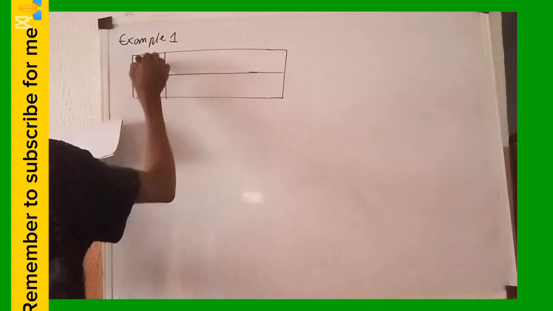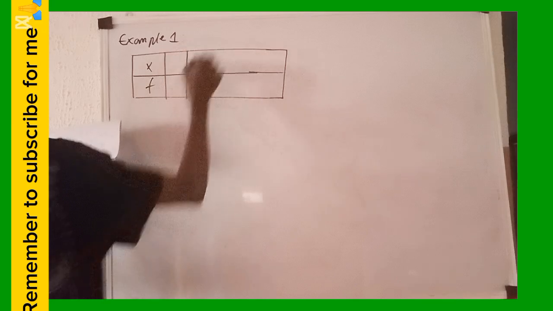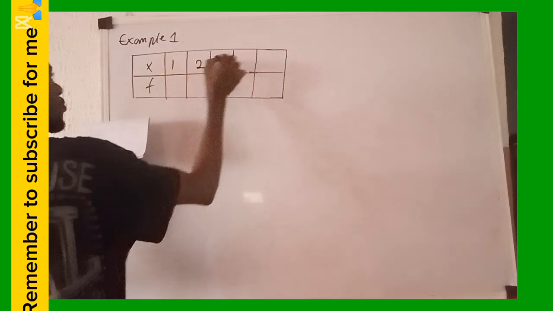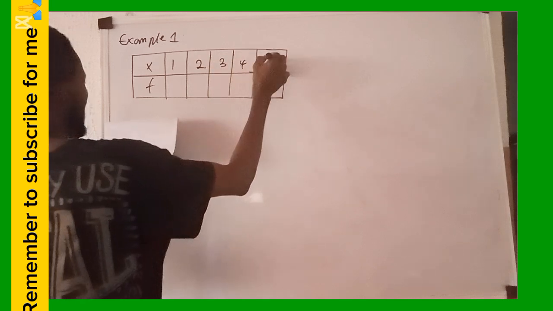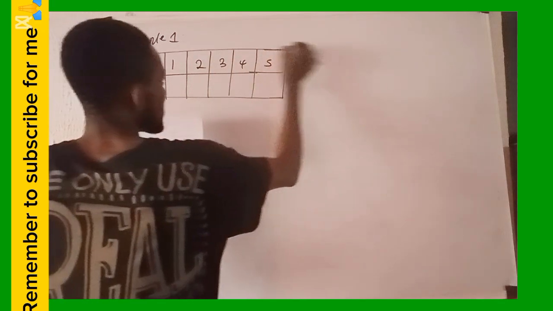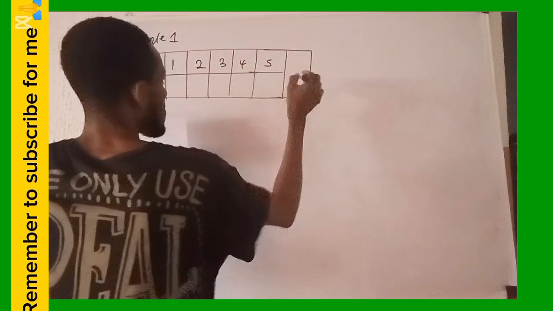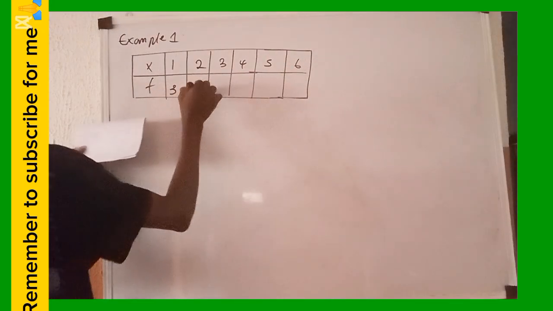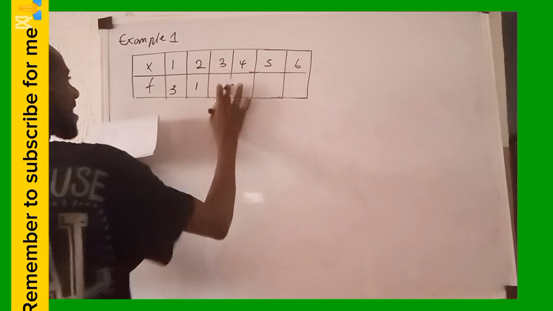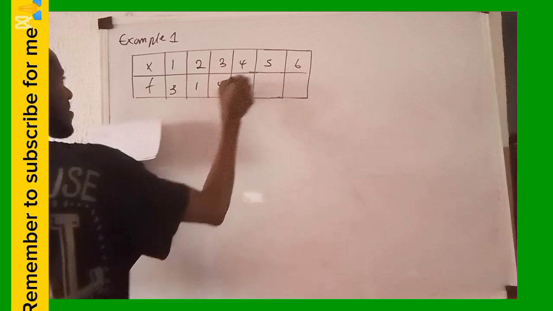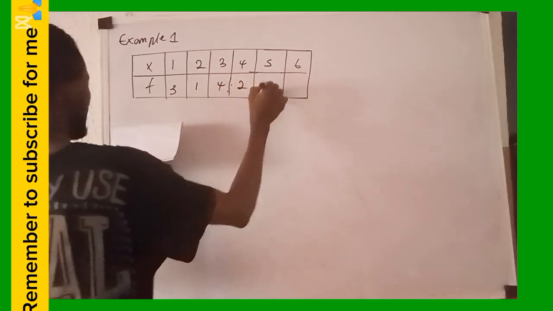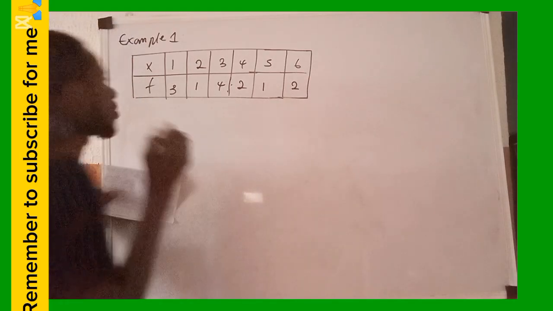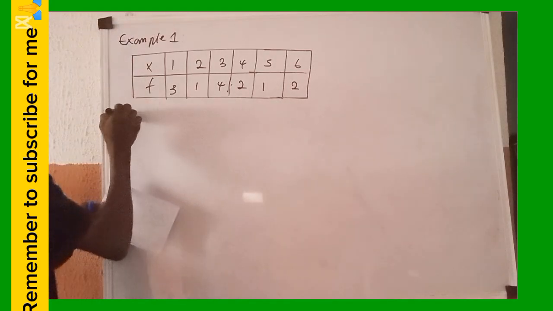Here is my x. Here is my f. So I have here 1, 2, 3, 4, 5, and I have the sixth one, 6. The frequency of this one is 3. Here is 1. Here is 4. Here is 2. Here is 1. And here is 2. The question said here, obtain